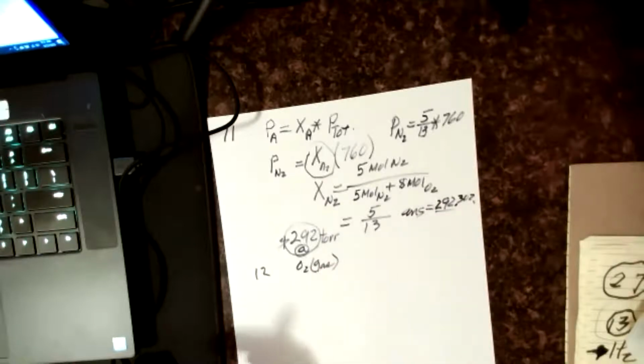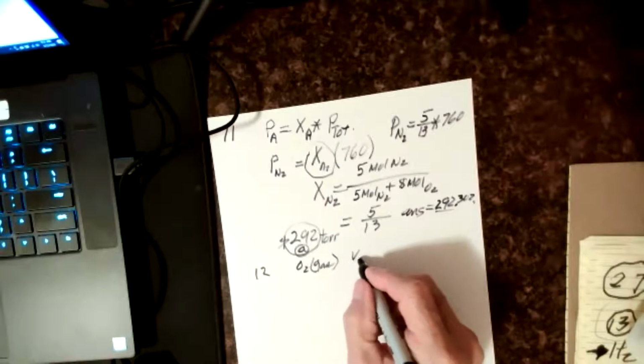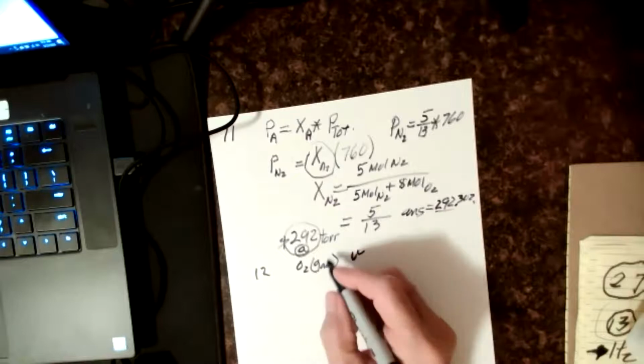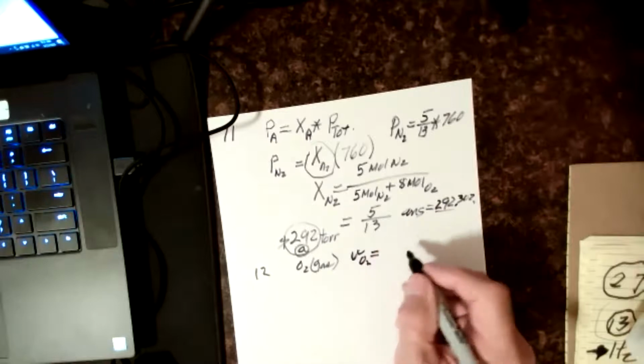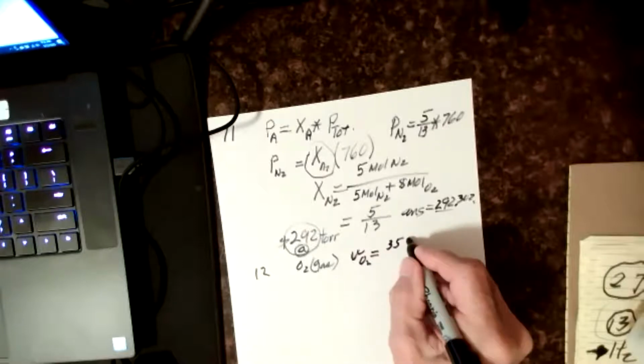And it's found in the experiment, it takes the O2 gas. So I'm going to say the velocity of the, maybe I use a little more case V, so it doesn't look like volume. So the velocity of the O2 gas is going to be 35 centimeters